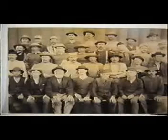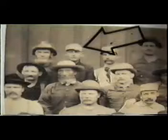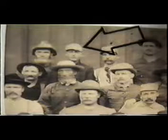This is another photo of the same group of men and boys by the mill. In this photo, taken in 1893, 6 of the 30 men are wearing baseball caps. Newspaper reports of the day do mention baseball games being played